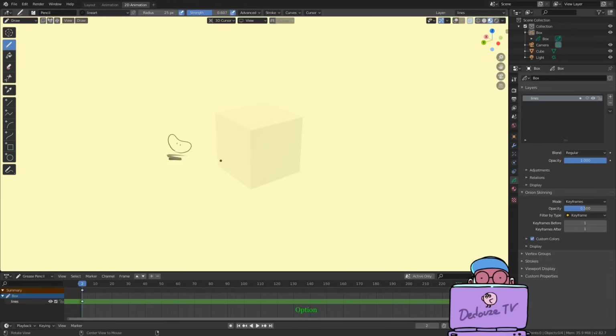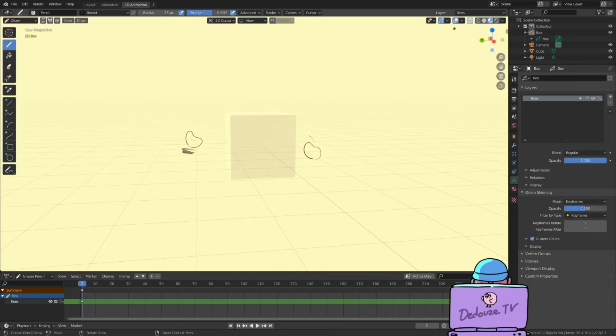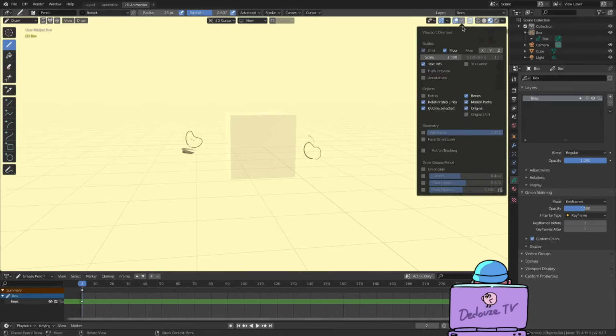Now if I rotate the camera and then draw something else here, you see that the two drawings are oriented in different directions. To understand what happened, we are going to reveal the invisible canvas behind the drawing. I'm going to activate the overlays here, and in this drop-down with more options, I checked the canvas option. Now we see a new grid in the center. This is the canvas. It's the invisible plane on which we were actually drawing.